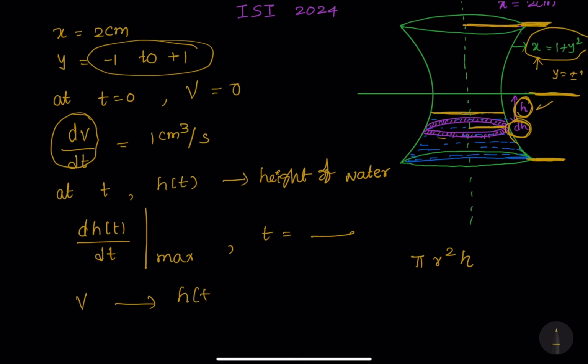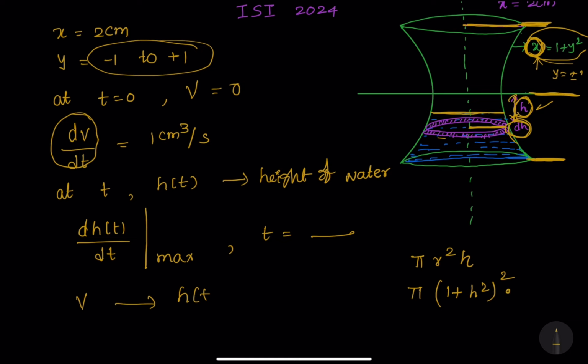Radius r at this point is simply the x coordinate. So pi times the x coordinate, which is 1 plus h square. Since this height is h, from this particular equation we get the x coordinate as 1 plus h square, whole square,